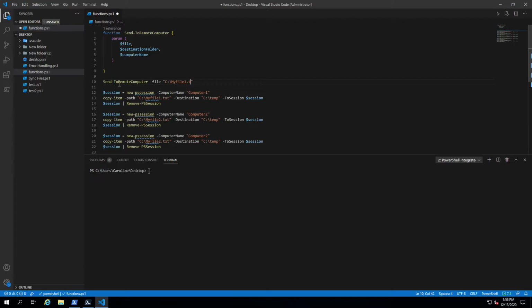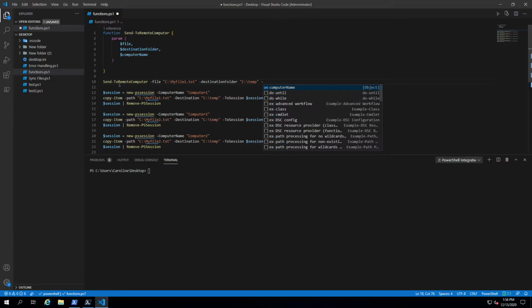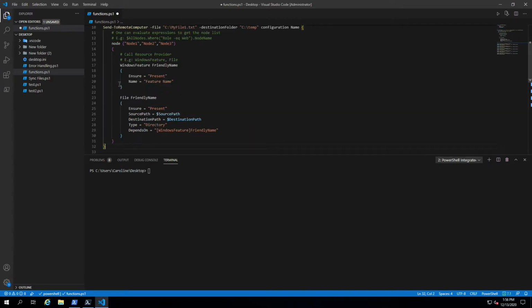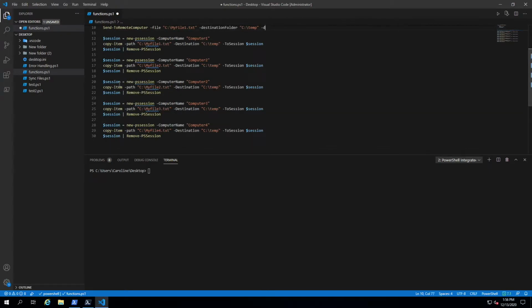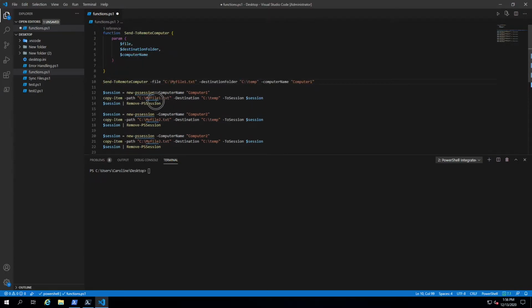1.txt. Sorry. Destination folder, which is C temp, and destination. Oh, I don't know what happened. And computer name, which is computer 1. All right, so this is how we take 3 lines, and now we will be able to call them into one. Of course, we need to put that code in there, but for now, let's actually